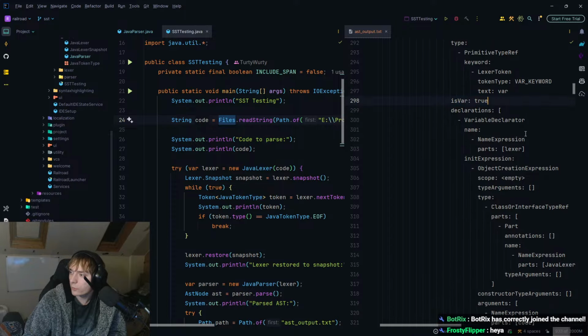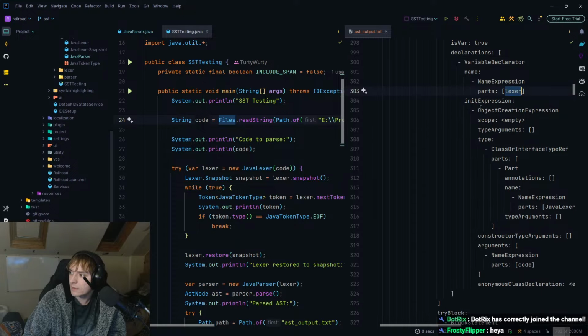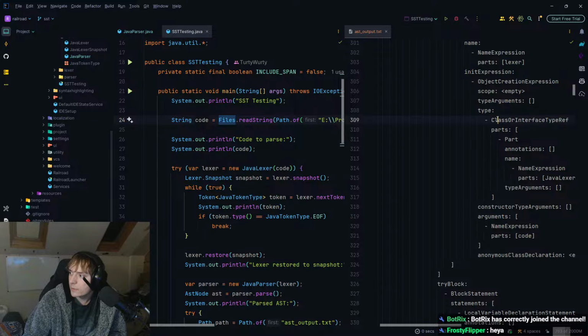Is var true? Declarations is a variable declarator. Yeah, the name is Lexa. The init expression is an object creation. The type is a class or interface type of a Java Lexa. Correct. And then we're passing in code.